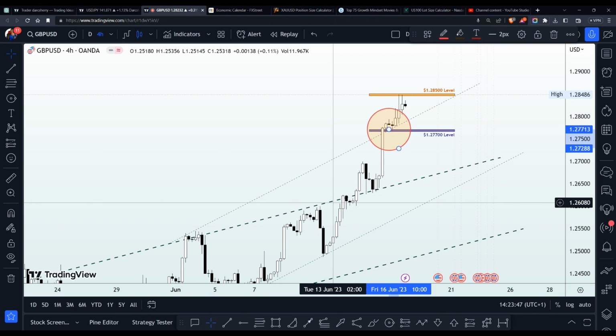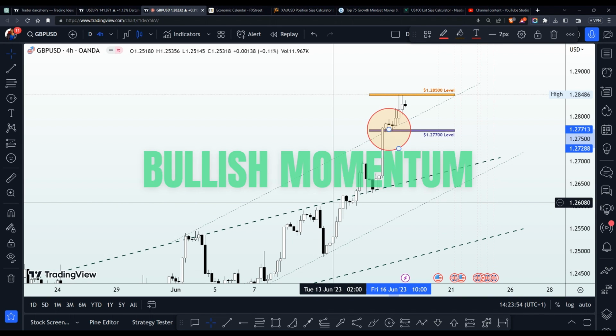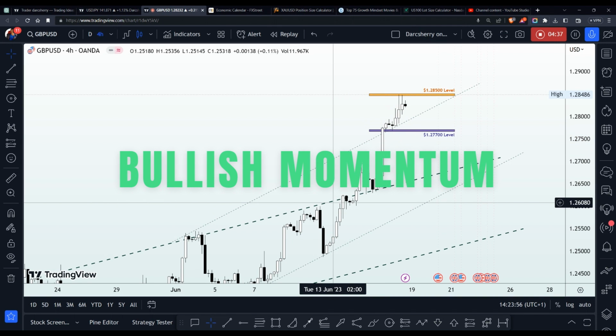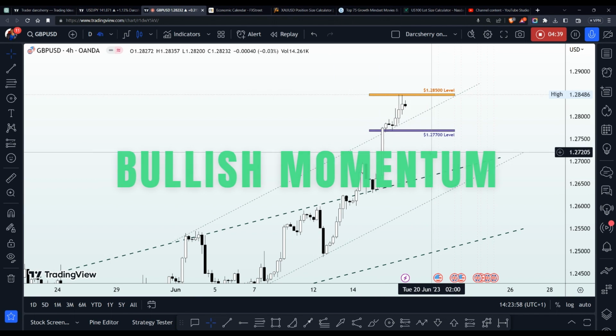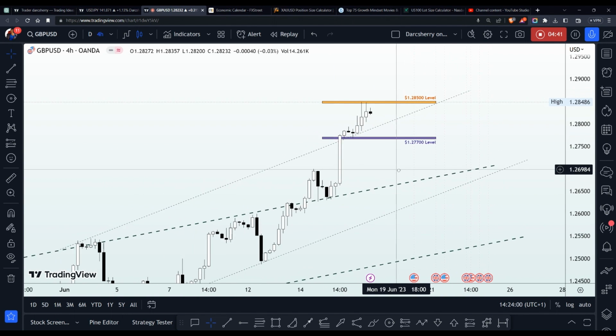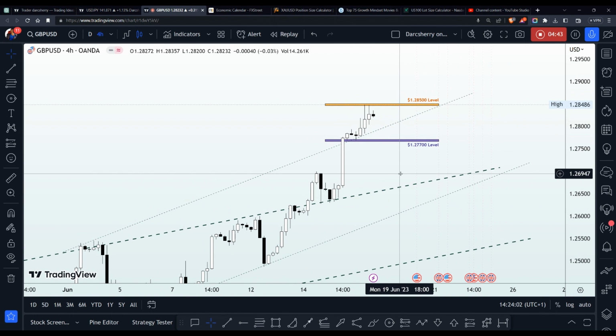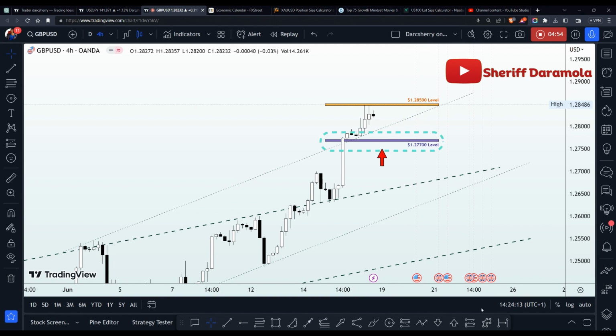So with the situation we have here, you will agree with me that the pound sterling has been on a very strong bullish move. So right now, what we are going to be looking out for here is to see how price action will be reacting to this current market structure. And to help us guide our trading activities for this coming week, I was able to identify two levels,